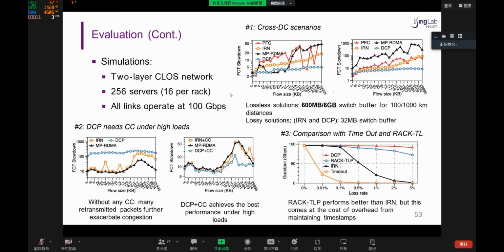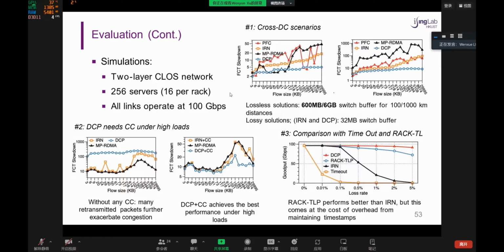Okay, there we go. So in this part, I would imagine that in a cross data center scenario, you might need the traditional design, the default PFC or the default DCQCN. Essentially you would need a larger buffer. That's a key issue. Is that the most fundamental issue in the long distance scenario?